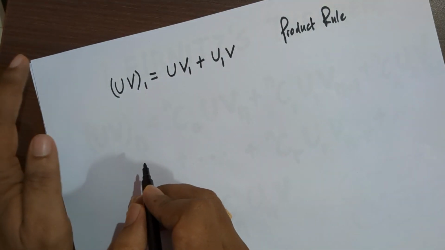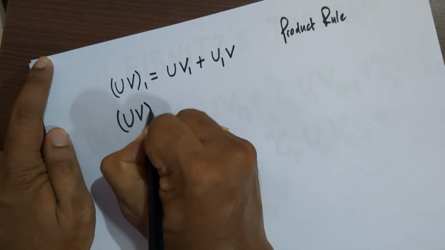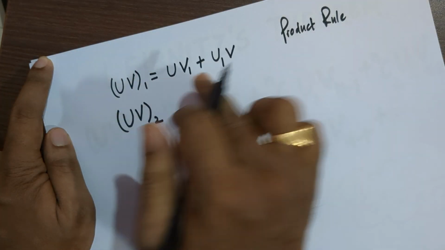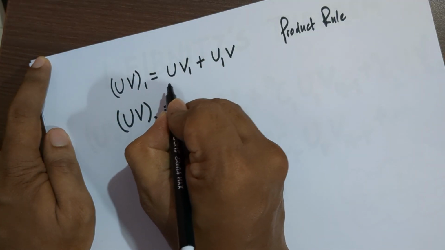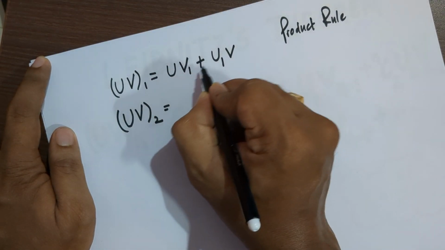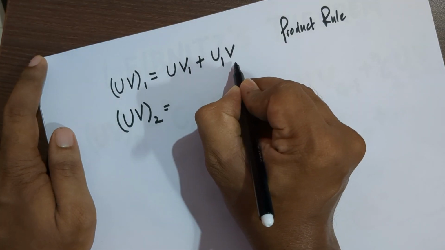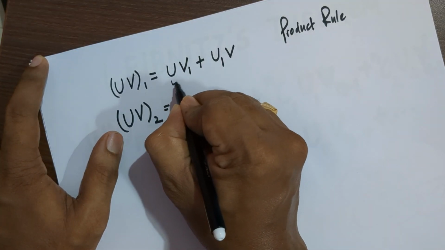And to find its second order derivative, we have to differentiate this function. Here we have two terms, and in each term we have a product of two functions. So we have to differentiate this one plus differentiate this one. And here we have to apply the product rule. Also here we have to apply the product rule. For the product rule of this one